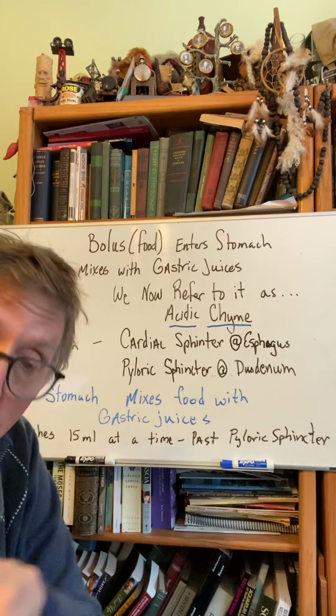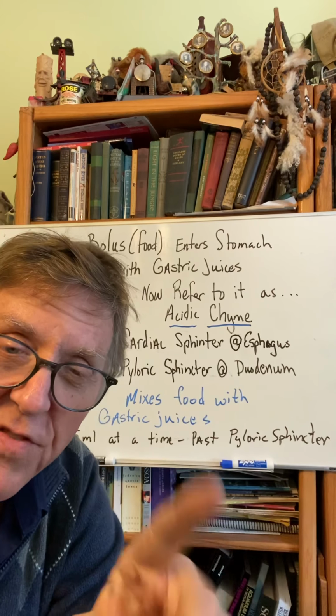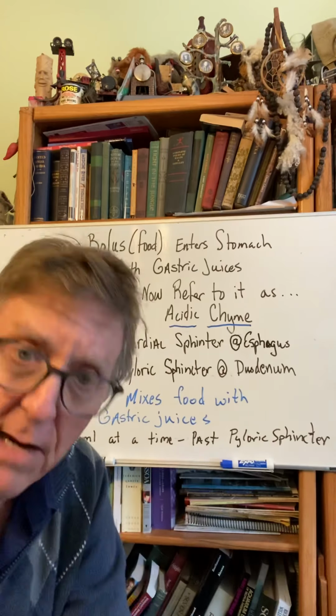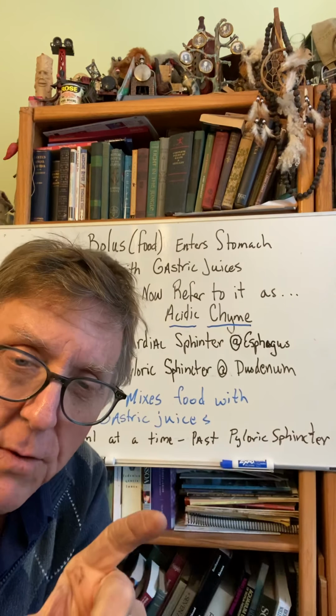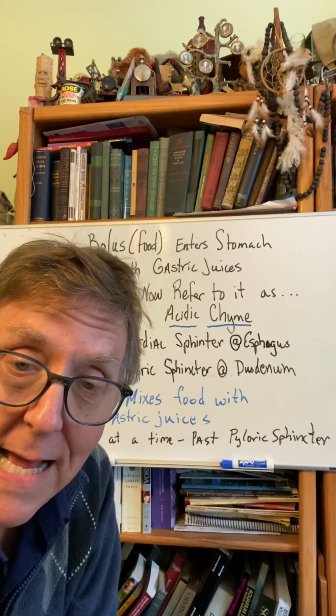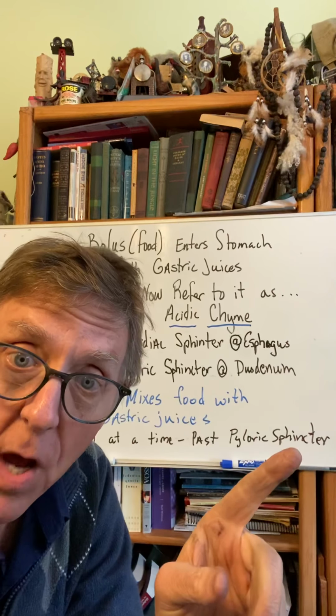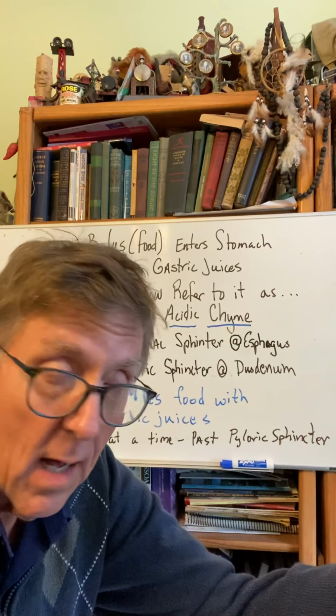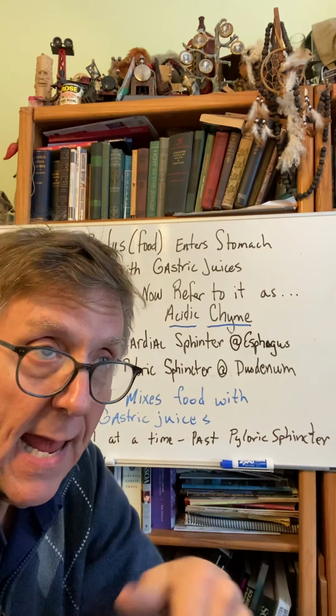Okay, so we're going to move on to the small intestine. But before, you might notice on the next slide, it says the pancreas. Well, the pancreas is located just below the stomach. And in the past, we've talked about it secreting hormones, somatostatin, insulin, and